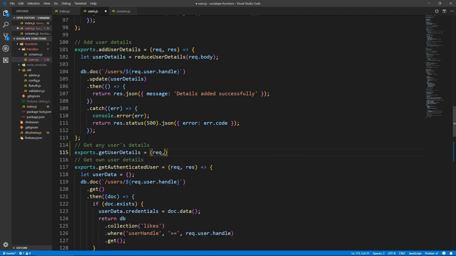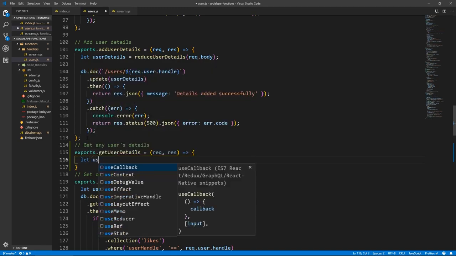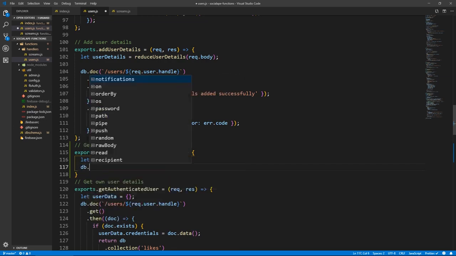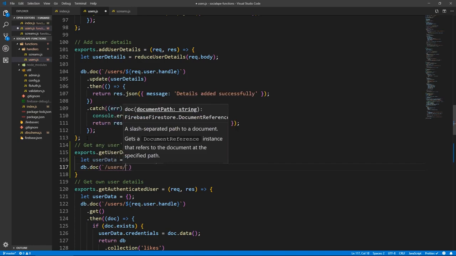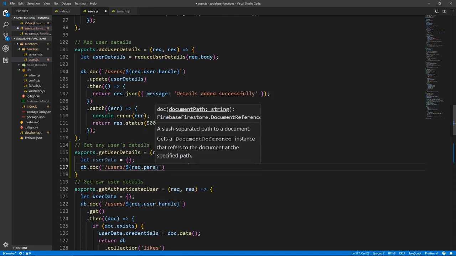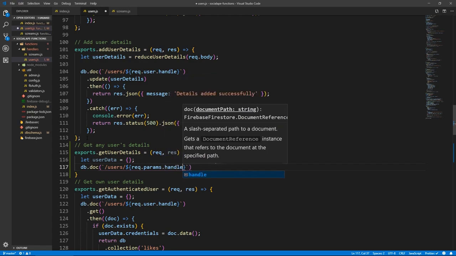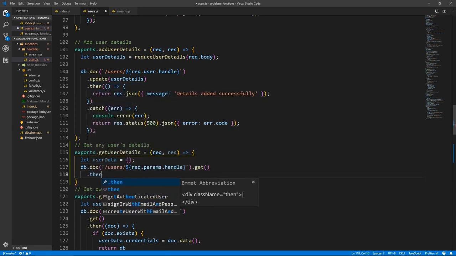It's gonna take a request and a response, and let's initialize userData equals an empty object, and here we do db.doc and backticks /users/${req.params.handle}, yeah, we called it handle, and here we do .get, so we get this user.